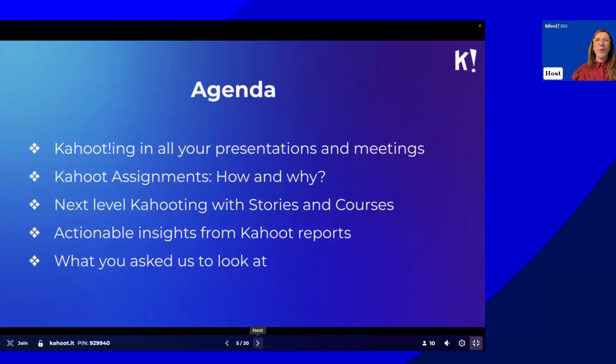Also, for some of you that think, yeah, Kahoot's just a quiz, once you've seen the podium, that's it, you'd be surprised to know that you can get really actionable insights from the reporting section. So we'll delve a little bit into that as well at the end. And of course, we're going to give you the opportunity to give us some feedback.